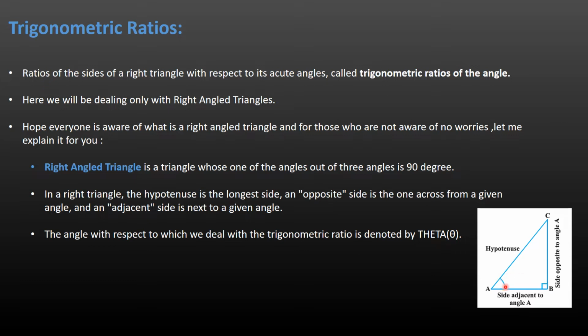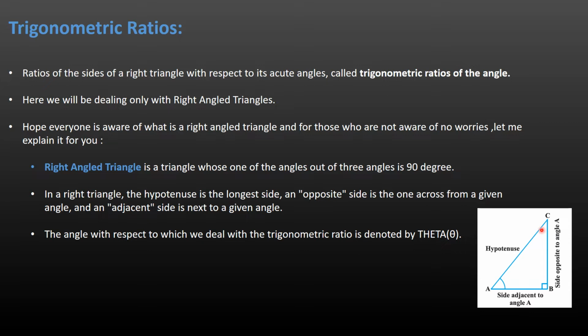And the other two angles, angle A and angle C, are the acute angles. And why are they called acute angles? Okay, so you all know the basic property of a triangle is the sum of all the angles should be equal to 180 degrees. So when you know that angle B is 90 degrees in a right angle triangle, then the sum of the other two angles, angle A and angle C, will definitely be less than 90. So any angle which is lesser than 90